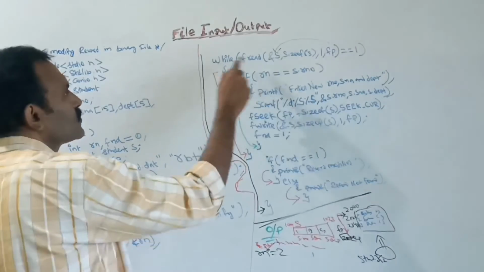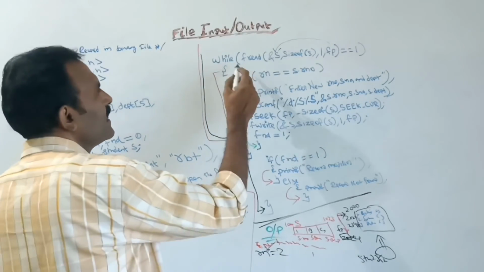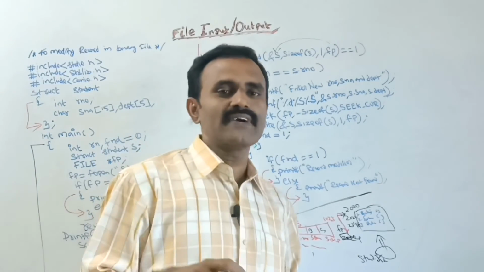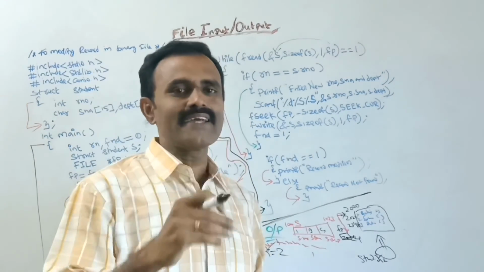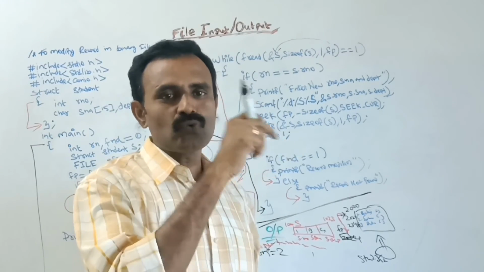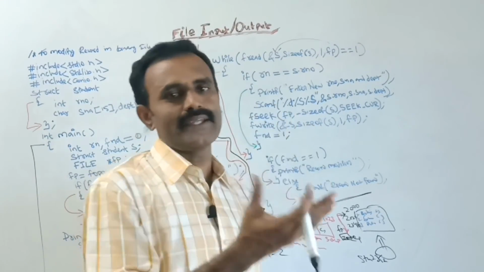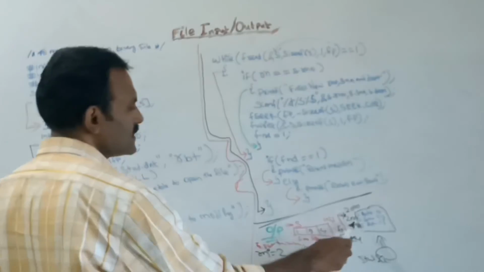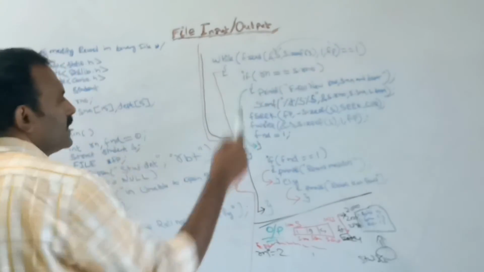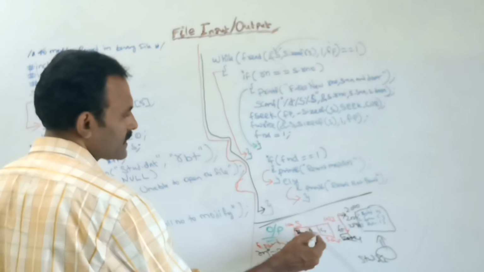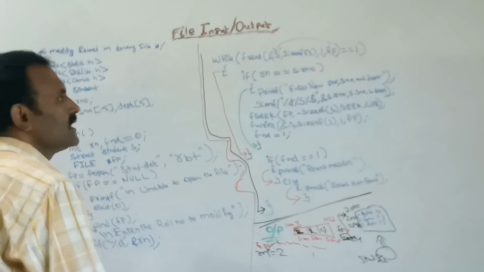Next, again it will move to the next record. Wherever the file pointer is currently pointing, the fread function, fwrite function and all will read or write at that address, and that content will be read. So where is the file pointer currently? It is at 2024. It will simply read this record and store it to the S variable. So now the S variable roll number is 2, next Santosh, next department is CS.